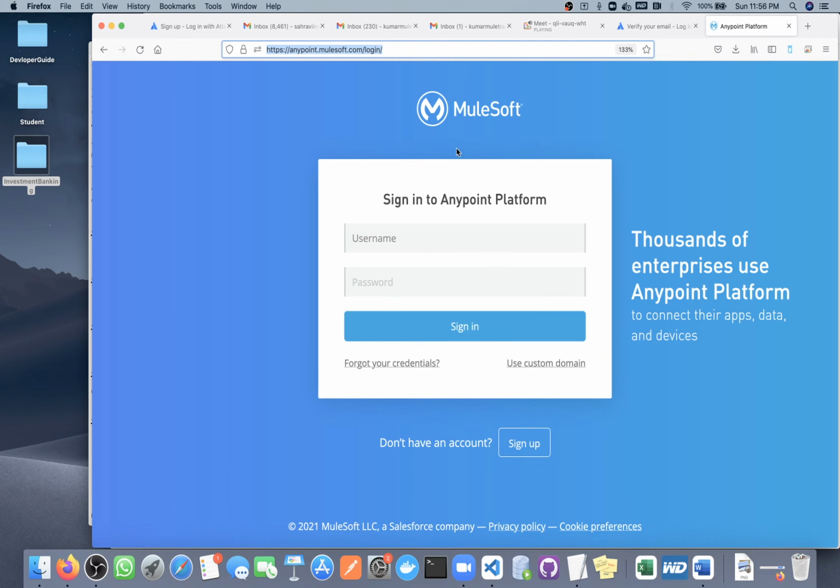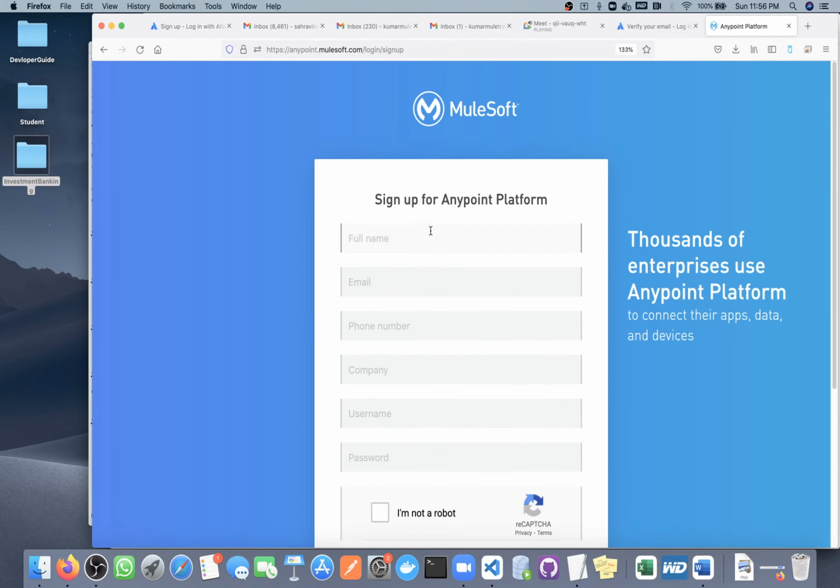So this is the Anypoint Platform account where we will get everything: where we will create RAML, where we will deploy our code, where we will apply all the policies. This is a kind of MuleSoft server where you can deploy or manage your application. For development we will use Anypoint Studio, which I will explain later. So the first thing you need to do is create an account. Here you need to select the sign up option and provide your details.